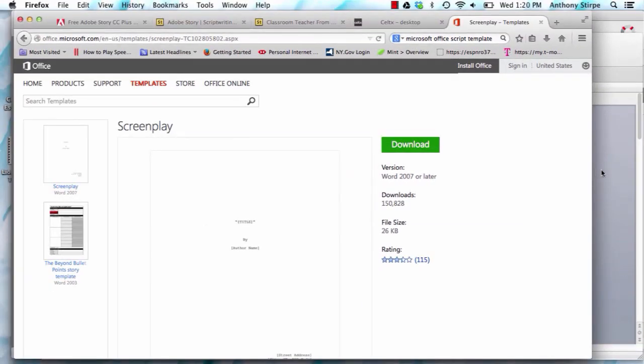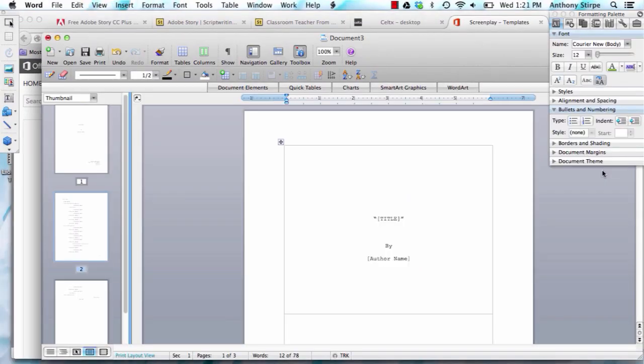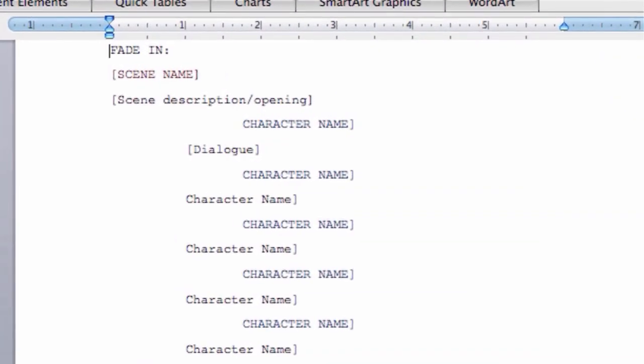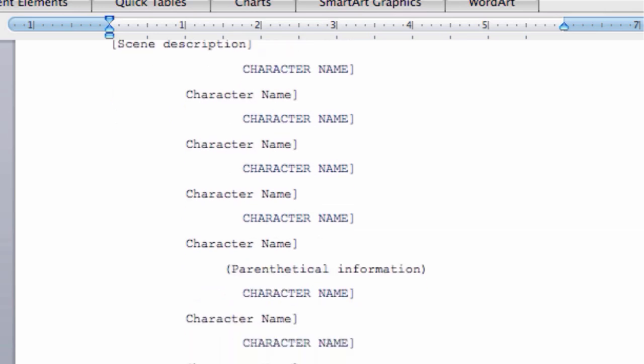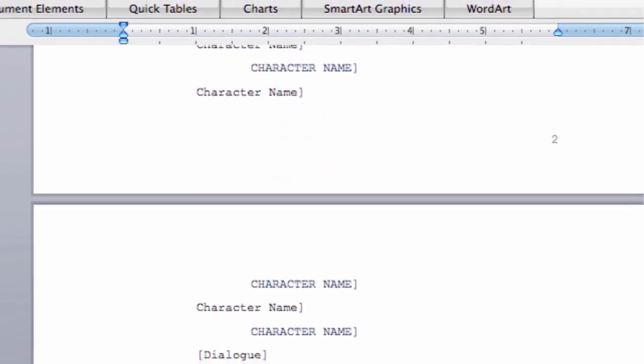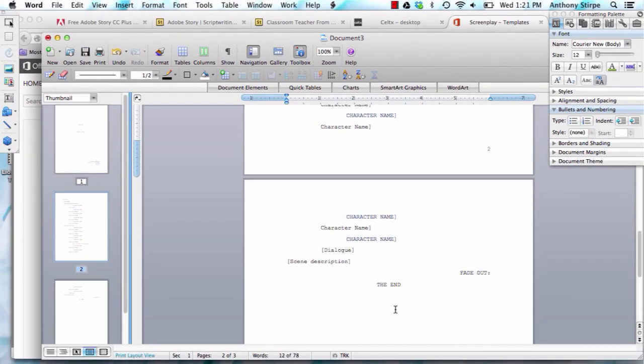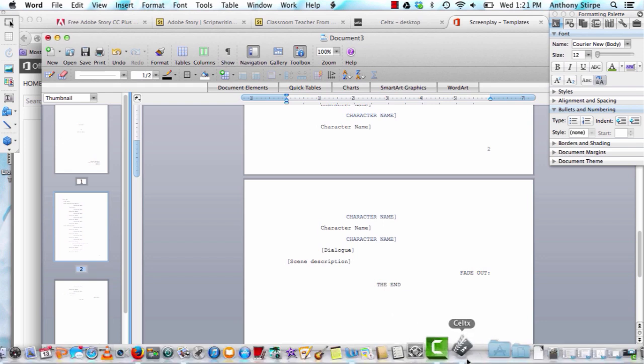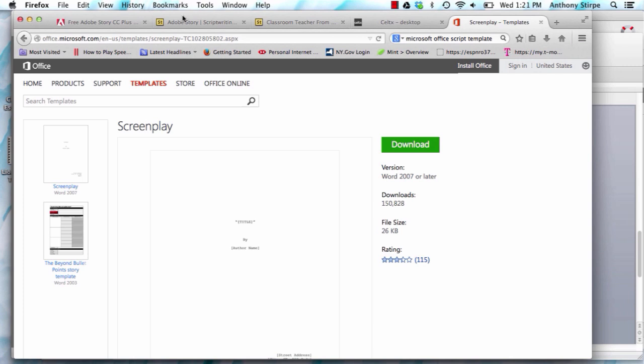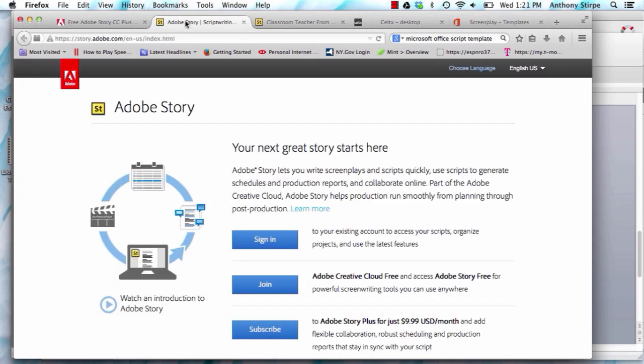This is a great option, but what I don't like about this option is that when it's time to include new dialogue and new character names, you're going to have to cut and paste them, and you won't always be guaranteed that the format is correct. You're better off downloading a free version of Celtx or going to Adobe Story Free and signing up for free. This way you can guarantee that your screenplay will always be formatted correctly.